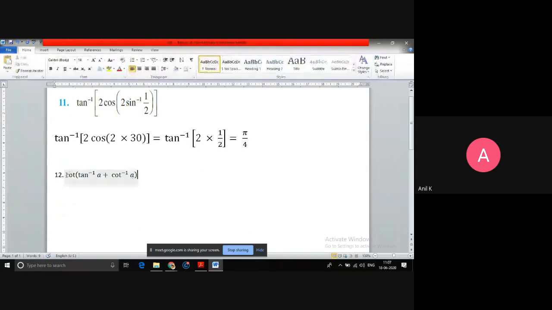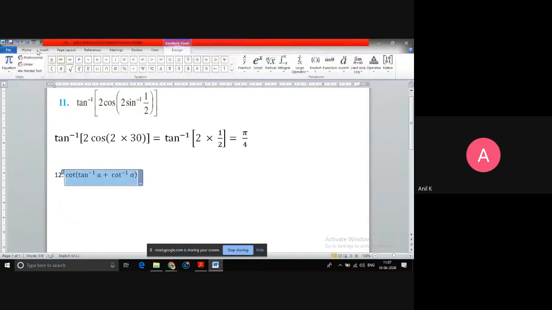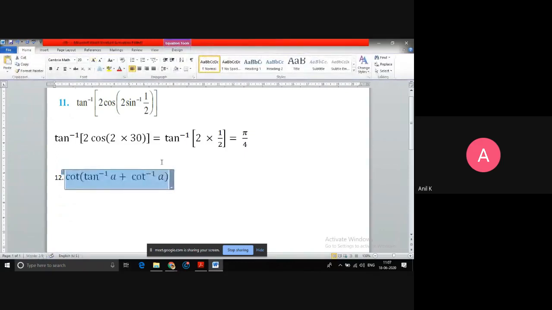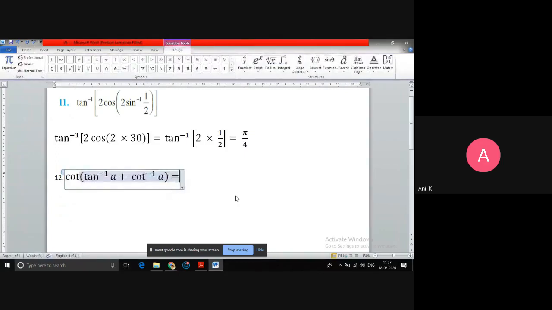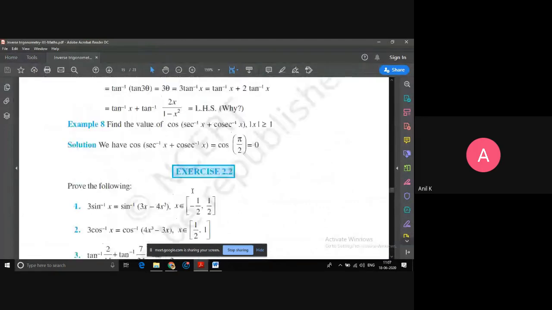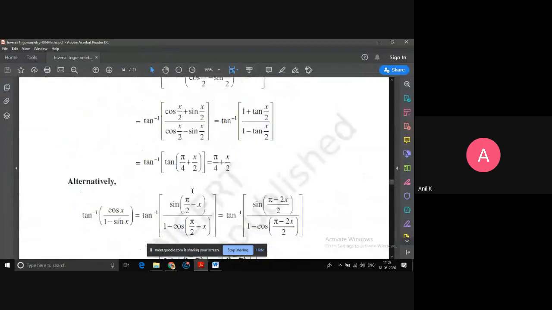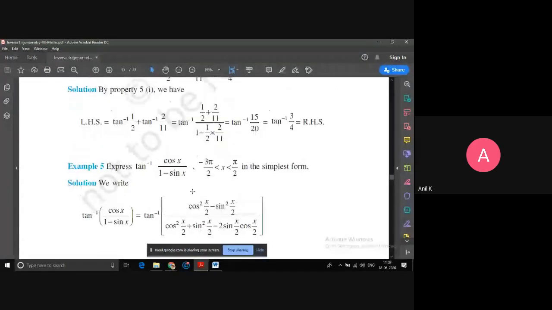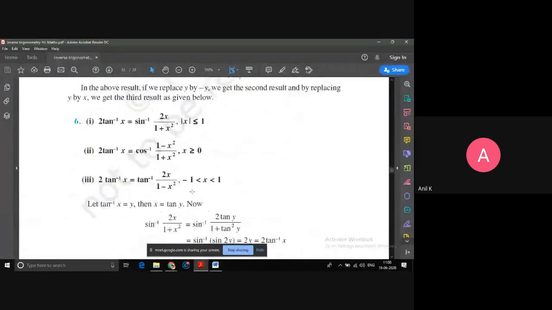This is our question. As I said, you have to convert each and every term inside the bracket to cot inverse, because here I have the cot term. I don't know the cot inverse x plus cot inverse y formula. If you remember, then you can use that formula. Does anyone remember the cot inverse A plus cot inverse B formula? I think we don't remember that formula. So these confusions will come.